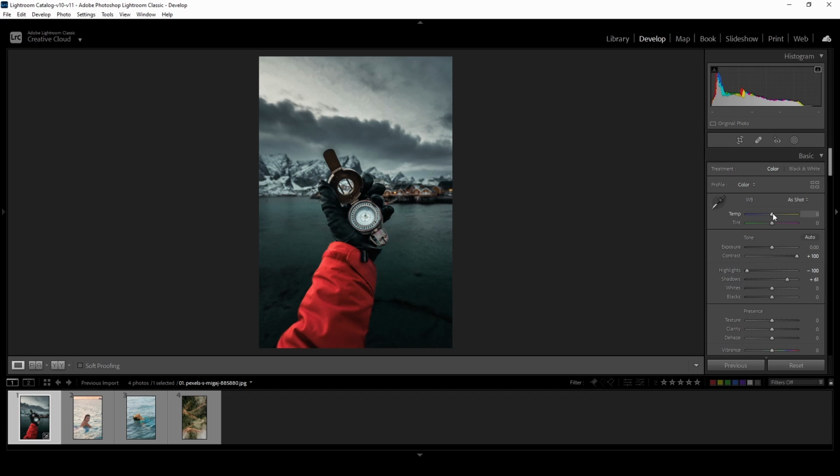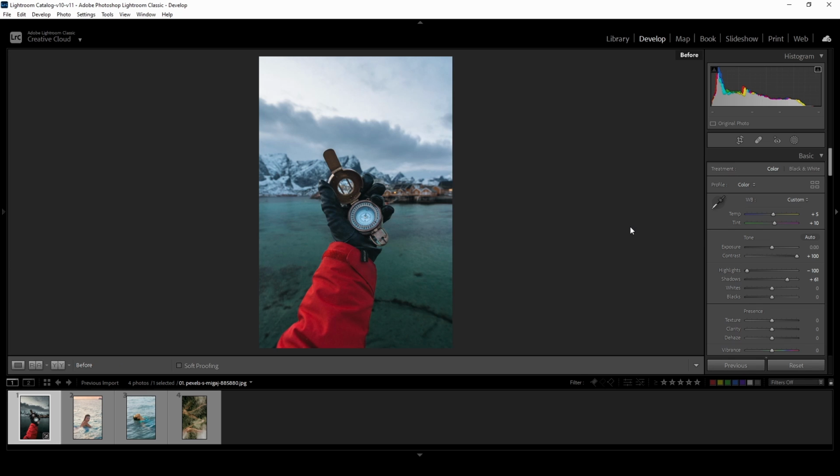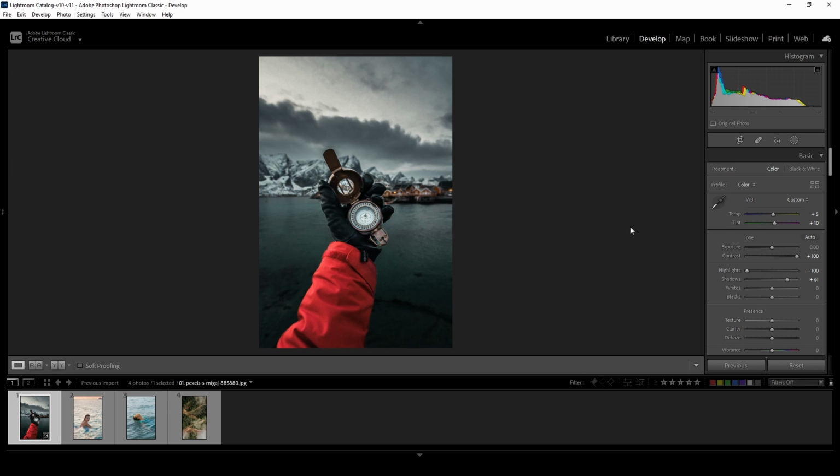Now I will adjust the white balance a little bit. And here is the before and after again.